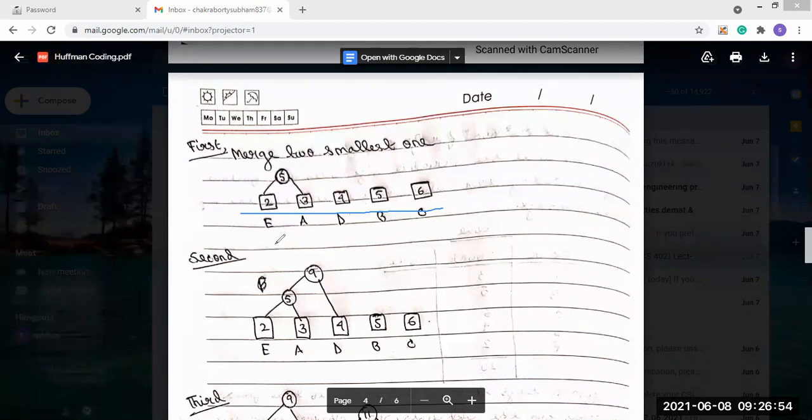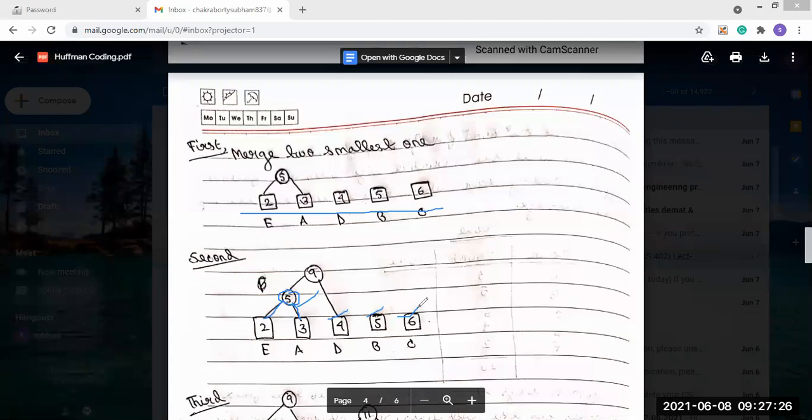So we have to add these 2 minimum values. 2 and 3 are added, and we get 5. Now these 4 elements or characters are present: 5, 4, 5, and 6.